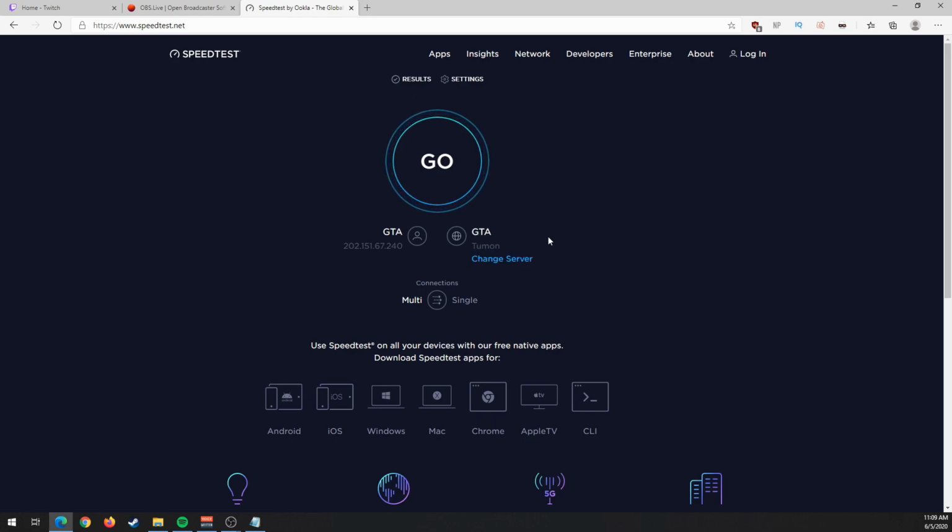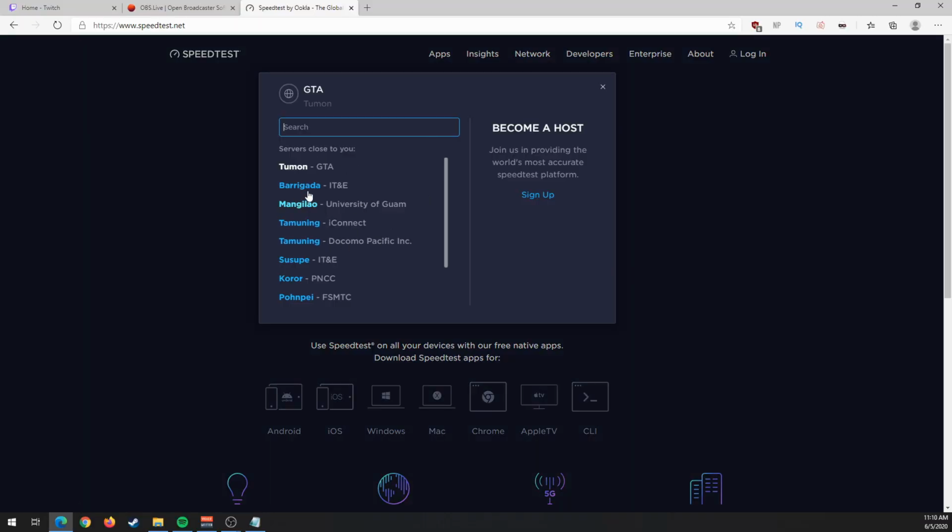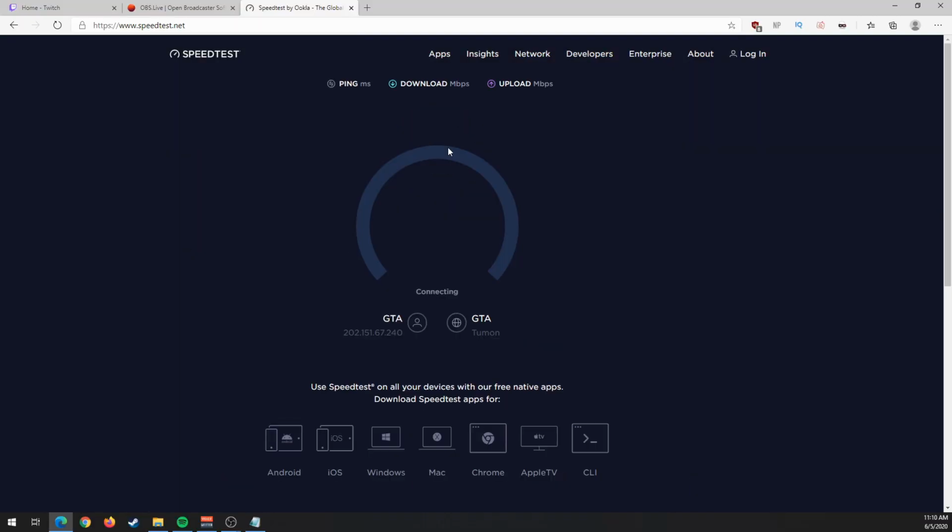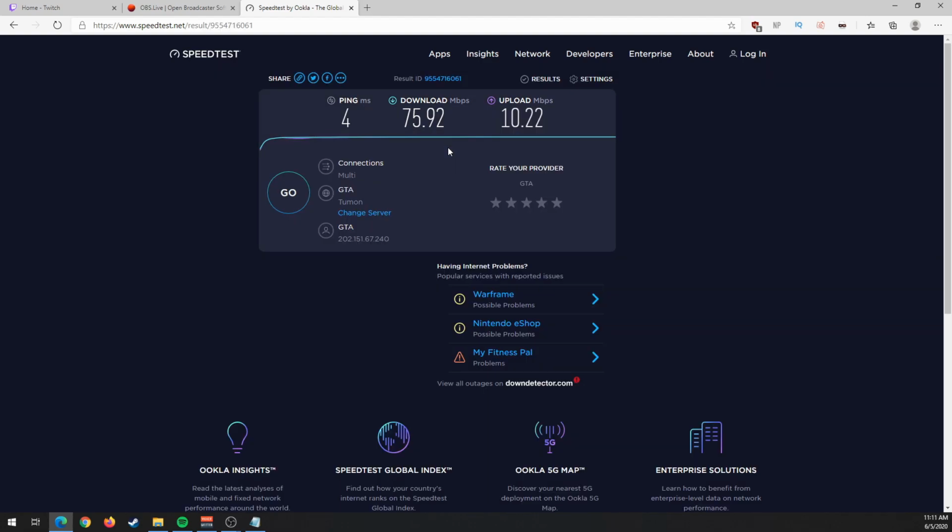Once you're on speedtest.net, just wait for the finding optimal server to finish and make sure your internet service provider's name appears on the right side. If not, just click change server and then choose your network provider over here. Hit go and it'll test your download speed and upload speed. Now that the download speed test is done, just wait for the upload speed test to finish as well, because that's the value that we need. All right, now that you see my upload speed is about 10.22 megabits per second, which is roughly 10,000 kilobits